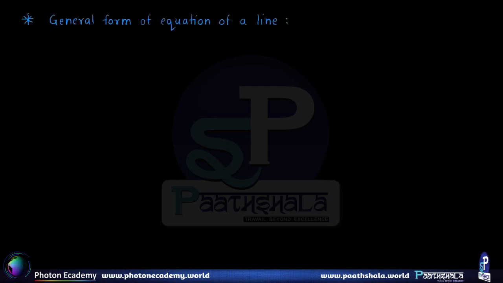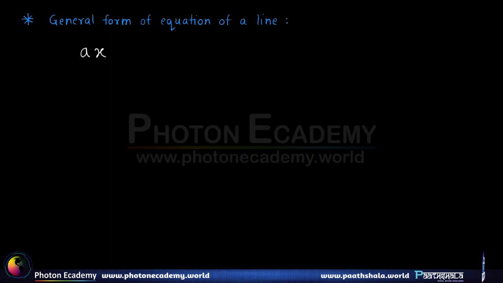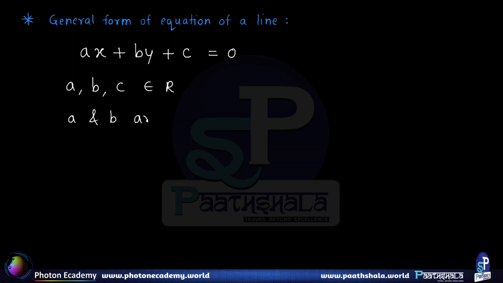Now let us see the general form of equation of a line. This is the most important form because it is most frequently used. By general form we mean the equation always takes the form ax plus by plus c is equal to 0, where a, b and c are real numbers such that a and b are not both 0 at a time,